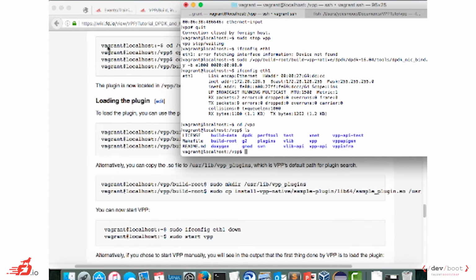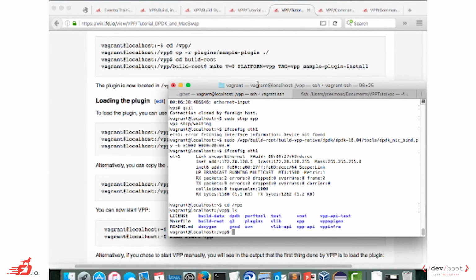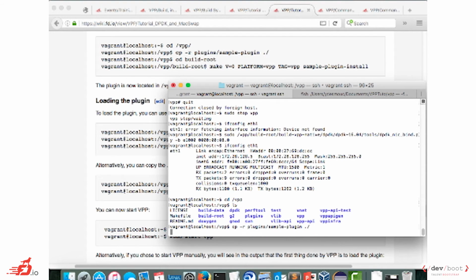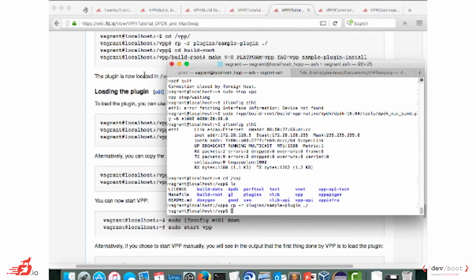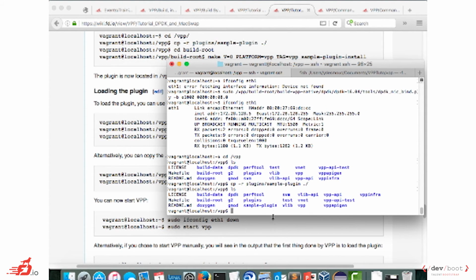So to compile the plugin, it's simple, but there is a little glitch. We need to first copy the plugin folders in the root tree. For some reason, the sample plugin is in the plugin subdirectory, but the build system expects to find it on the root directory. So we just do this. So now I have my sample plugin here,